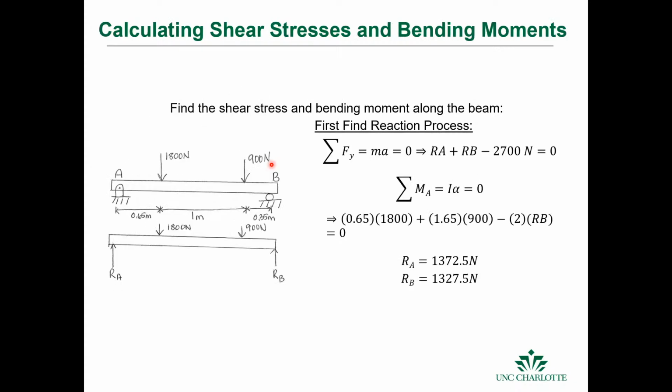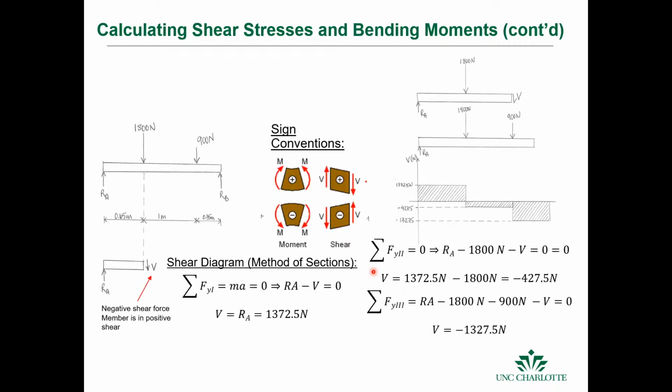Okay, so this is a beam subject to 2 point loads, and the question is, what are the reaction forces? This is actually, I think, taken from an FE example. So in this case, we can find the loads by summing forces and moments. We sum forces to zero, we sum moments to zero. If we do that, we can find the reactions at the 2 different locations. And once we get the reaction forces, then we can start to draw the shear diagram.